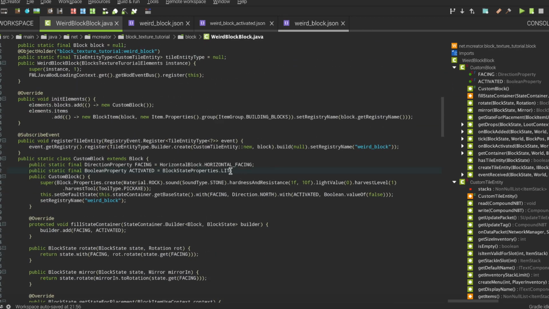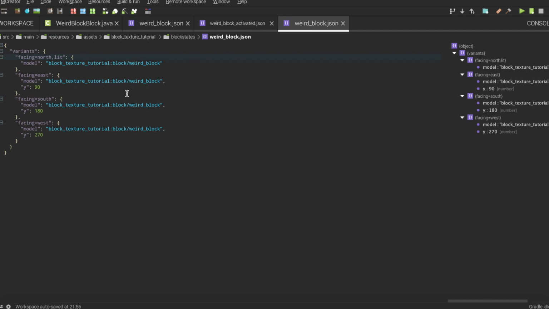So I'm using lit equals false. I'm using it here too: lit equals false. Here lit equals false, and here lit equals false.